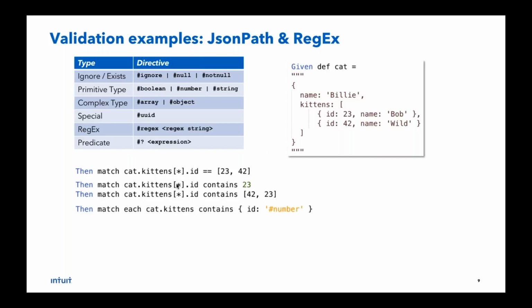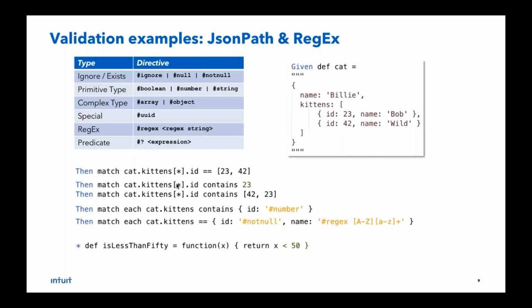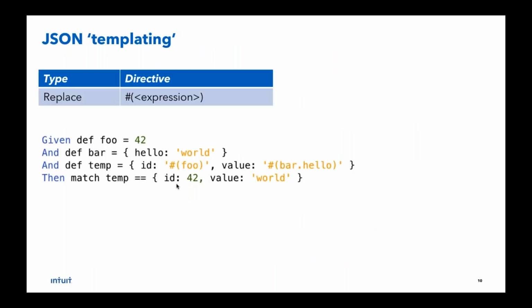You have the contains keyword. You can iterate over an array with the each syntax that you see on this line. And you have regex, which is obviously very, very useful in some situations. And one of my favorites, and not many people use this, but it's good to know that it exists in Karate, you will see here an example of defining a JavaScript function and reusing that function in a validation of JSON. Very powerful. Karate allows you to do this and more. There's comprehensive documentation that you can look through. And if you ask me specific questions, I'll be happy to get into the details with time.